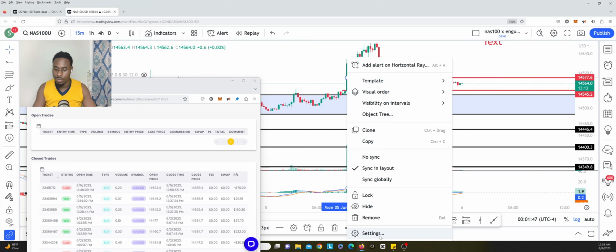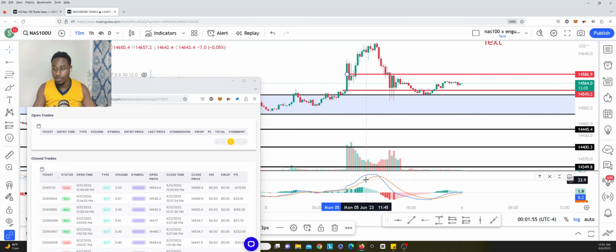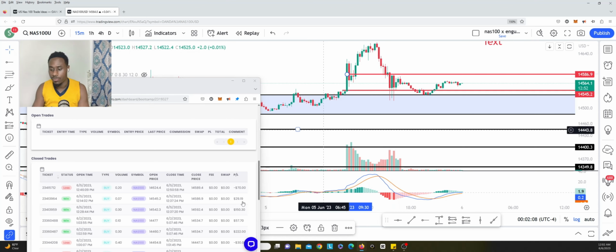But I need to believe in my strategy a bit more, I would say. And then just cut them when they're nice winners, something that I'm comfortable with, or even let the winner ride, because the winner could have actually rode until around 12 o'clock, but I would have never been sure that it would have turned out to be a good trade, right? So this second trade was a total profit of 29.19.